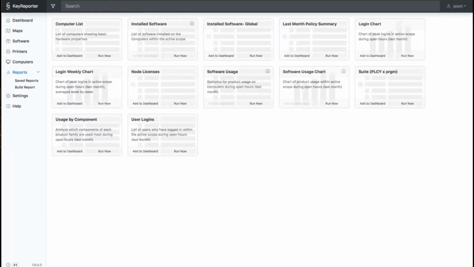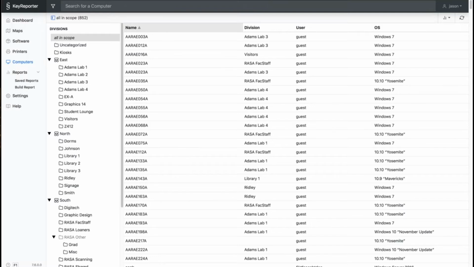So let's look at the computers page. This is a brand new page. This was not in 7.5 at all. This page allows you to do some of what the Key Configure computers window allows you to do, and that